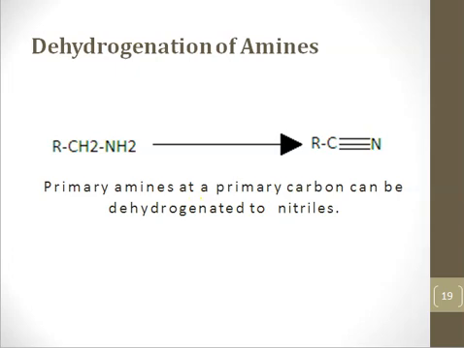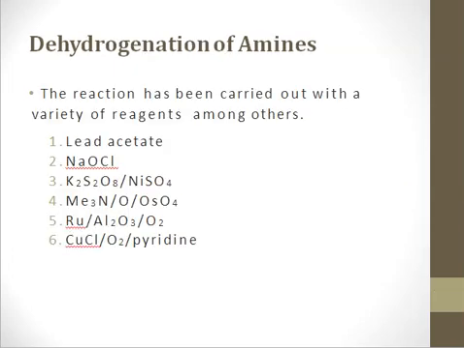So there are different conditions which are used for the dehydrogenation of amines. So we can use different reagents. For example, we may use lead acetate, or you may say lead tetraacetate. We may use sodium oxychloride. Sodium oxychloride is also known as sodium hypochlorite, and it's bleach. आपके घरों में जो common bleach इस्तेमाल होती है, that's sodium oxychloride, right? So we may use bleach, we may use lead tetraacetate, or we may use